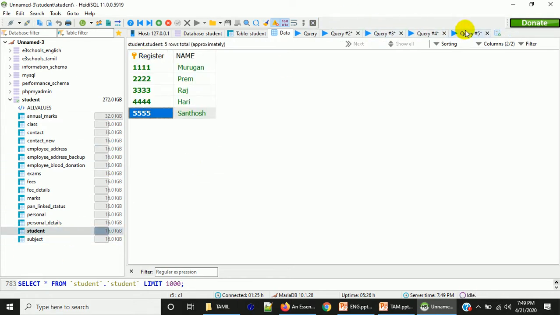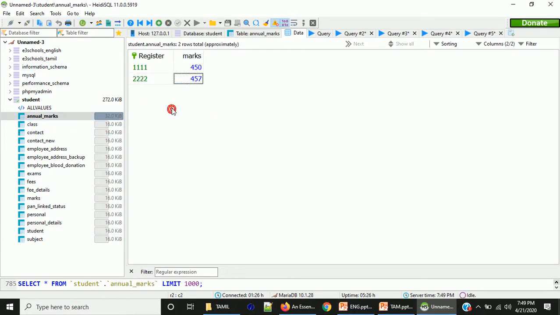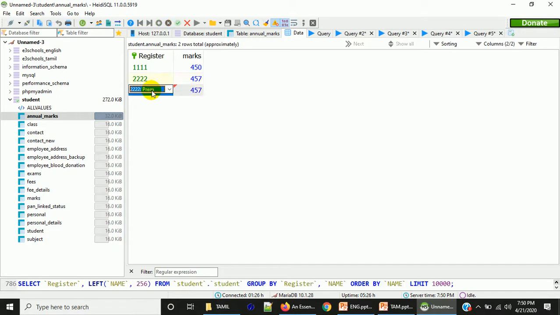So now I am having a school and I am having only 5 students in that school, and now I cannot add marks of a student who is not present in my school. So this is where foreign key played a major role and stopped me from entering a wrong value.